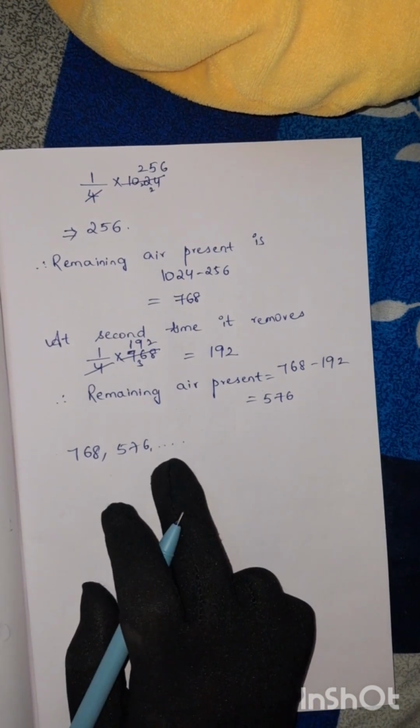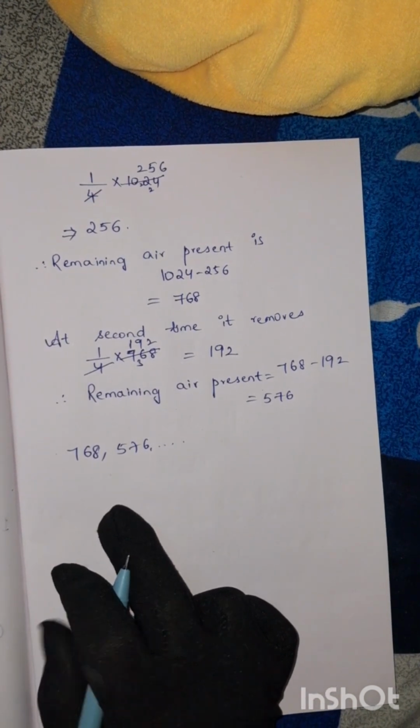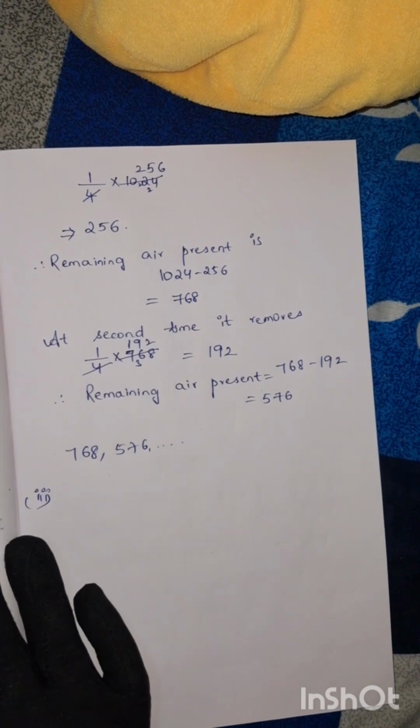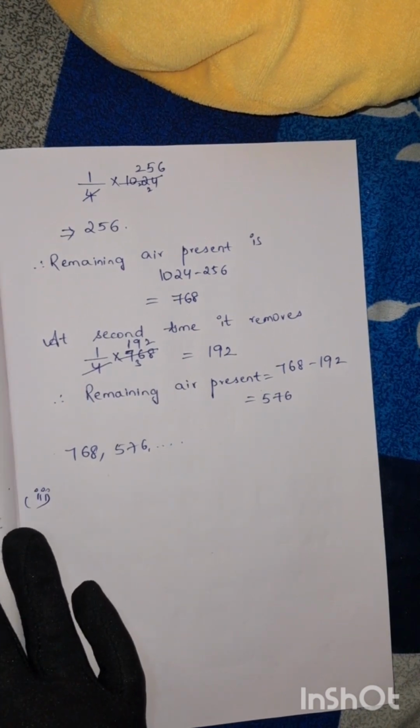If the common difference is not the same, then it is not an arithmetic progression. Let us move to the next question. Question number 3. The cost of digging a well after every meter of digging, when it costs rupees 150 for the first meter and rises by 50 for each subsequent meter.